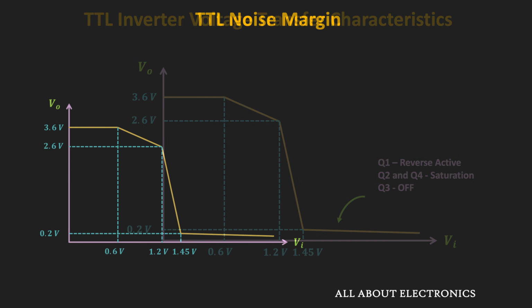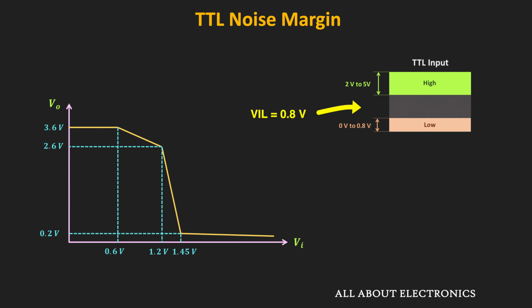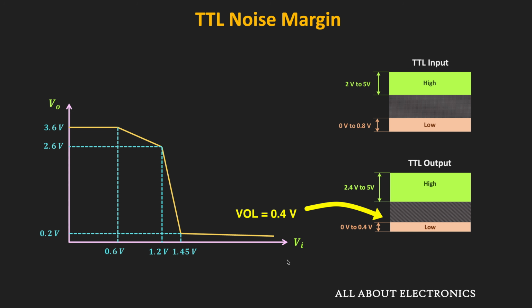So for this TTL logic, this VIL is equal to 0.8 volt. That is the maximum input voltage that can be considered as the logic 0. Similarly, if we see the VOL, then that is equal to 0.4 volt. That is the maximum output voltage that can be considered as the logic 0. So as per this voltage transfer characteristic, when the input is between 0 to 0.8 volt, at that time, the output is always more than the 3 volt. That means whenever the input is between 0 to 0.8 volt, at that time, we will surely get the desired